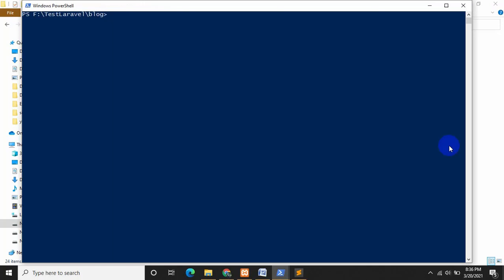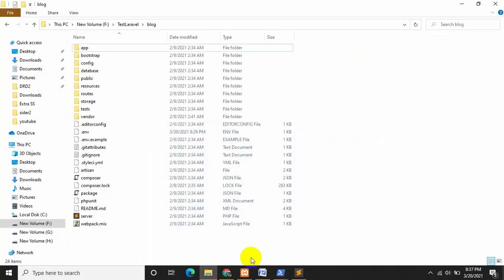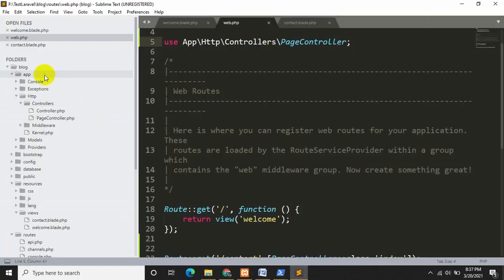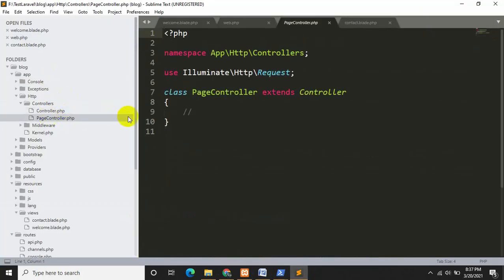So for creating controller, you just have to say php artisan make:controller PageController. Okay, just press enter and it will create our controller. You can see controller created successfully. So let's go back to our code, and over here you can see page controller.